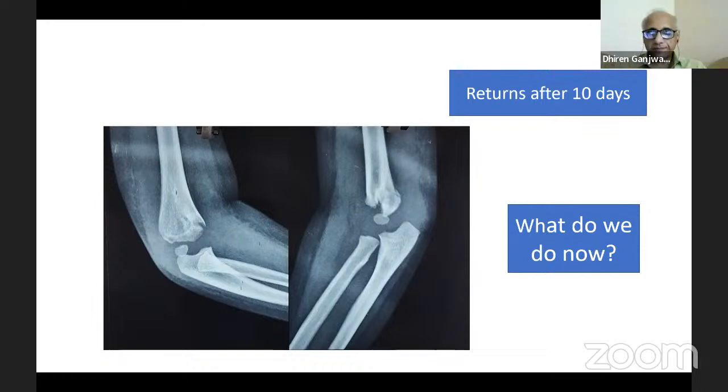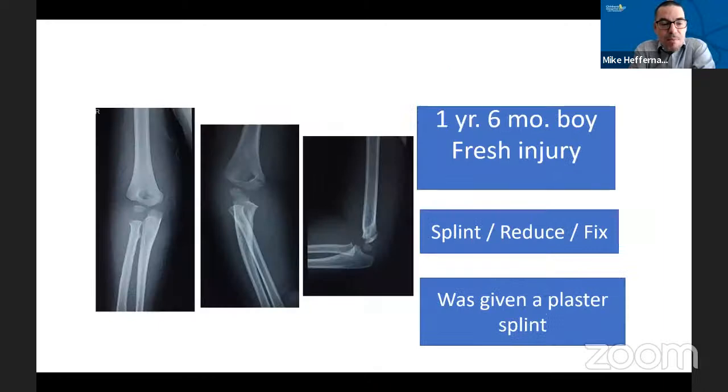Kapil, can you go back to the? Yeah, I understand. There is, well, at least here, there is some disagreement on the treatment. And I think in my mind, if you go back to the previous slide, I agree that maybe you can make the argument that you don't need the percutaneous pins, but at minimum, a closed reduction would be necessary. And I think the important part of that is that it's not just putting a cast on with the elbow at 90 degrees. There has to be, similar to what you would do in the operating room, a hyperflexion